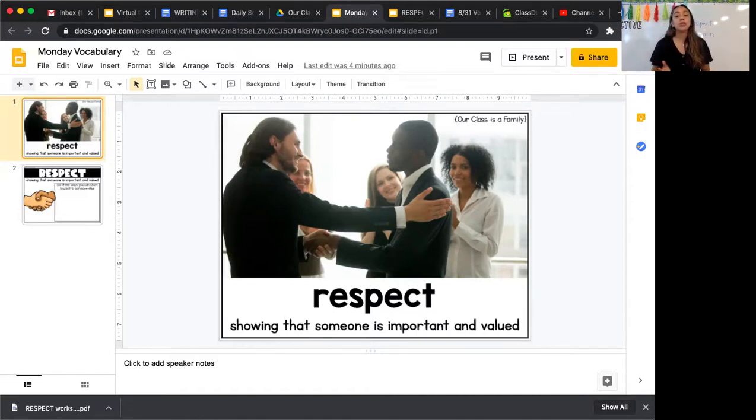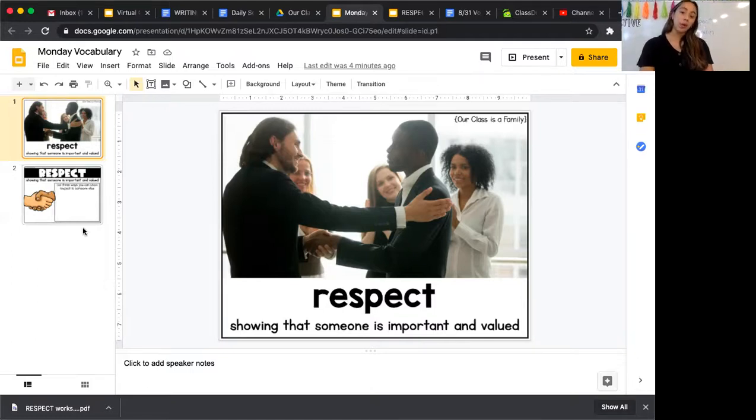That's also showing respect for your teachers. You can also show respect for, let's say, God's creation, for the earth, right? You can show respect by cleaning up trash, by watering plants, by picking up anything that's not supposed to be where it is. That's also showing respect. There are many ways that we can show respect. We also show respect to ourselves when we exercise, when we drink water, when we eat fruits and veggies. We respect our bodies, right?